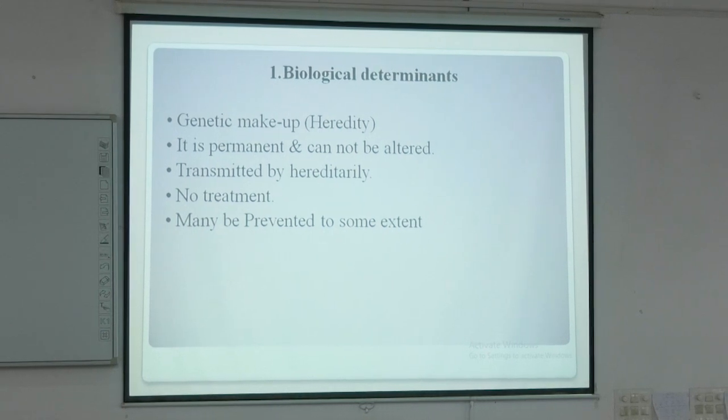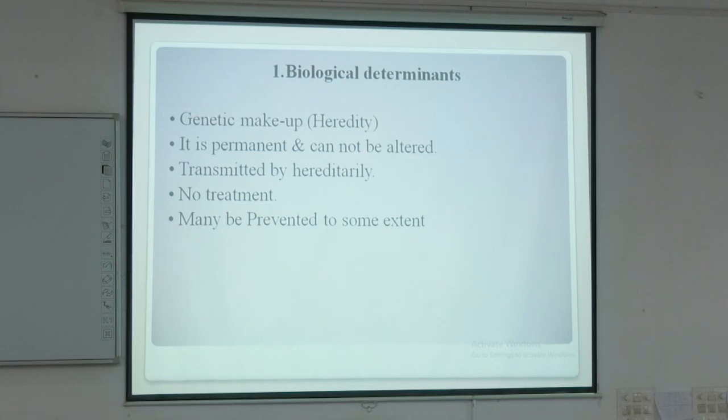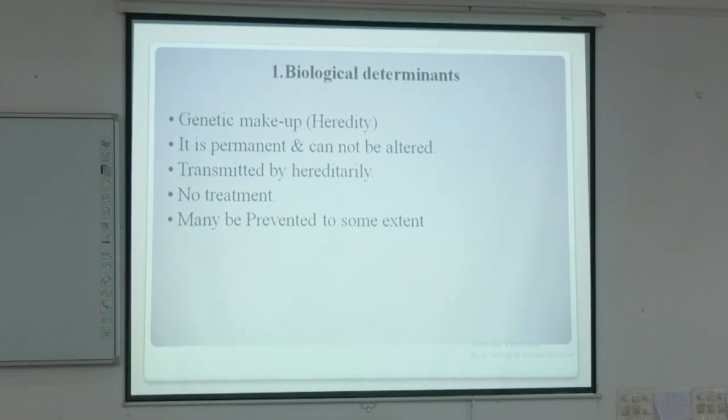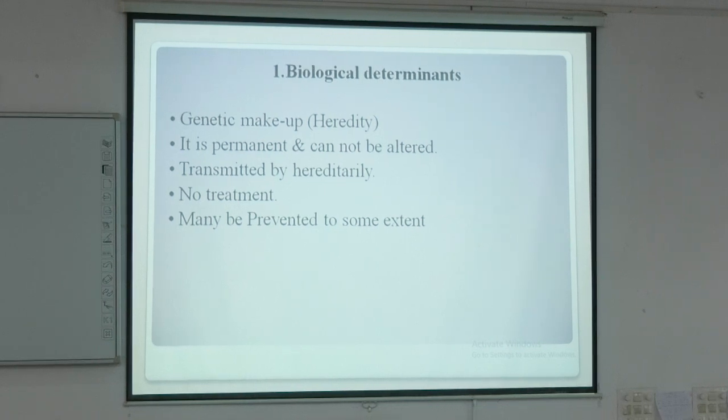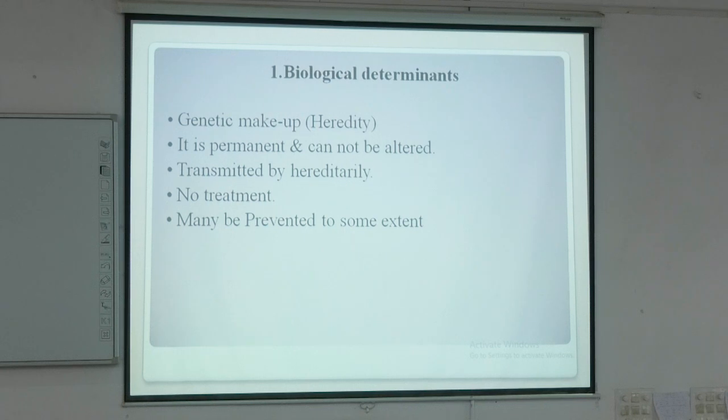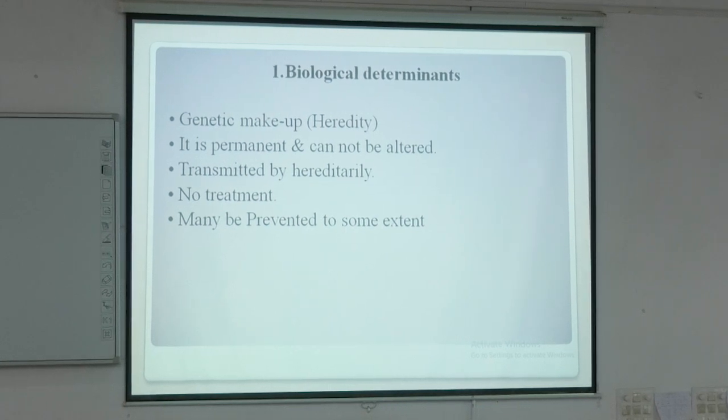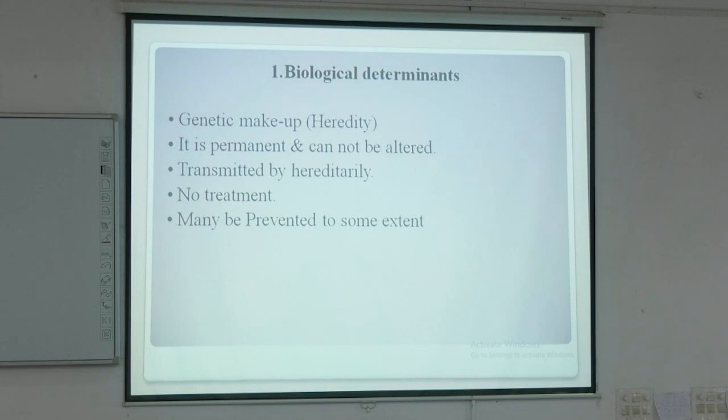বুঝতে পেরেছো? জেনেটিক ডিটারমিনেন্টস। It is permanent and cannot be altered, transmitted by heredity, no treatment, many may be prevented to some extent. Like, say for example, diabetes. Diabetes usually runs in family. Not always, because nowadays India is the capital of diabetes. So, it is world capital of diabetes. Every 10th person is suffering from diabetes, whether known or not known. It is such a huge